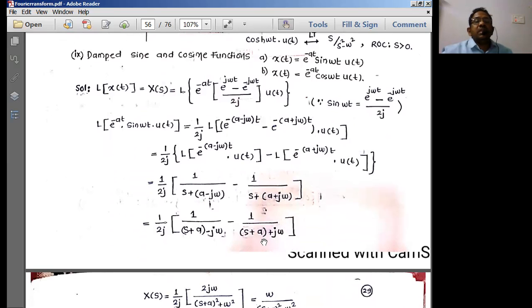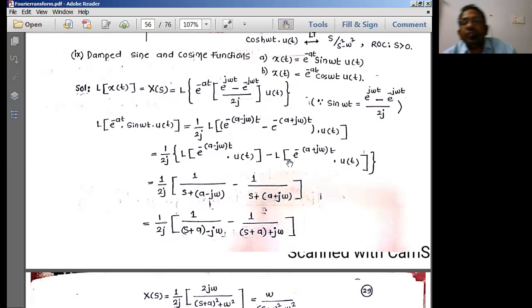Now I can just simply think of it as damped sine and cos functions. What do you mean by damping? Decreasing. As time increases, that means as t is reaching infinity, what is e power minus infinity? 0. So finally the signal should decrease as t is equal to infinity. If t is equal to 0, we're going to get the actual, maximum sine function. Now this sine function is decaying exponentially because of this e power minus at. That is what is called damped sine and cosine functions.